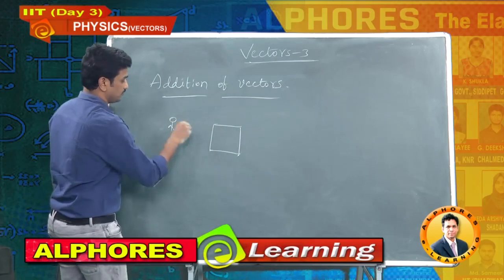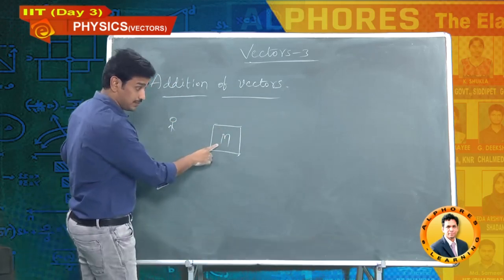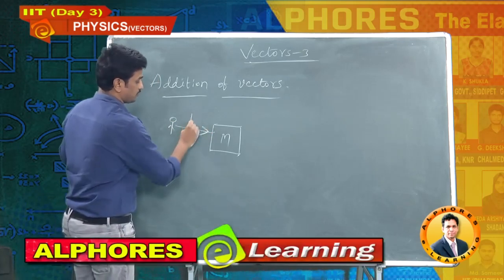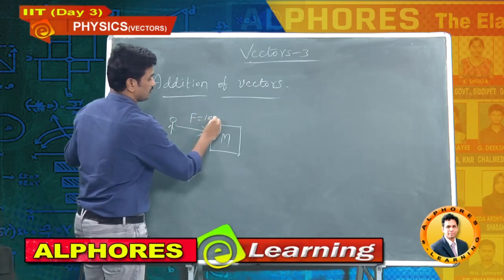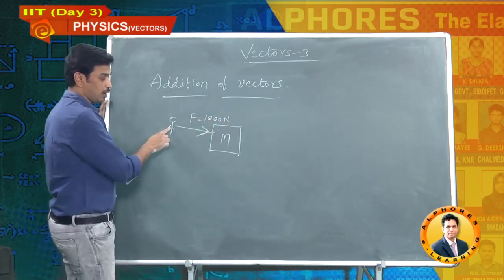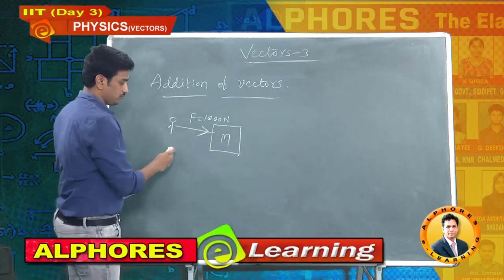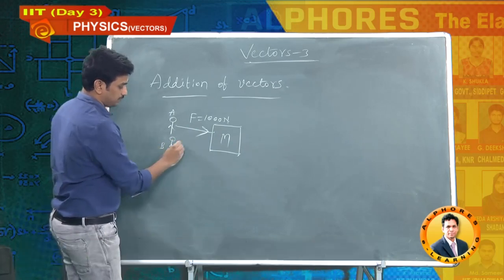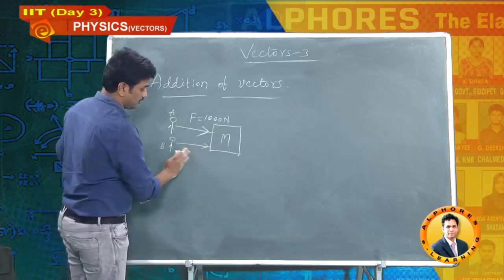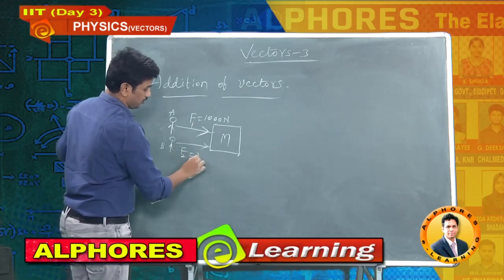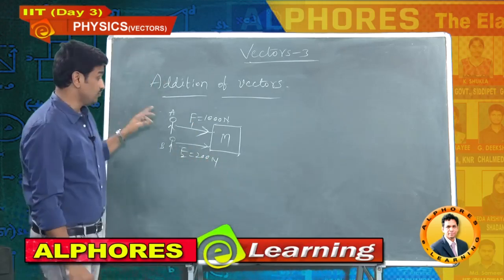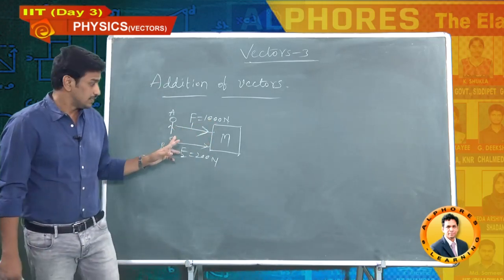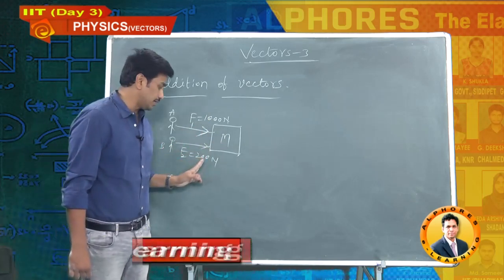See, let this be a substance of mass M. Force 1000 newtons. This boy A is applying 1000 newtons. Next one more, boy B. He is applying a force of 200 newtons. The first one is pushing with a force of 1000 newtons. The second one is pushing with a force of 200 newtons.